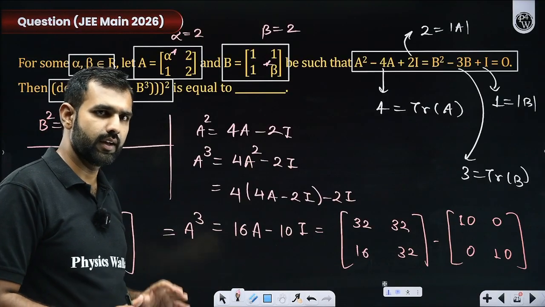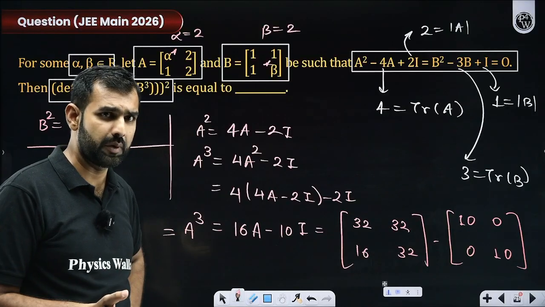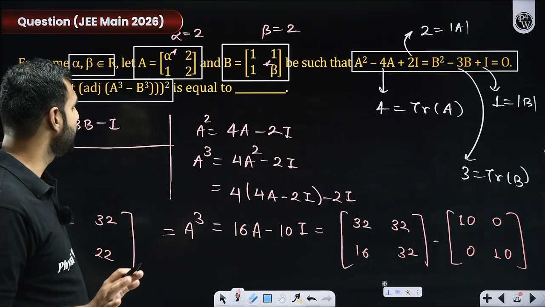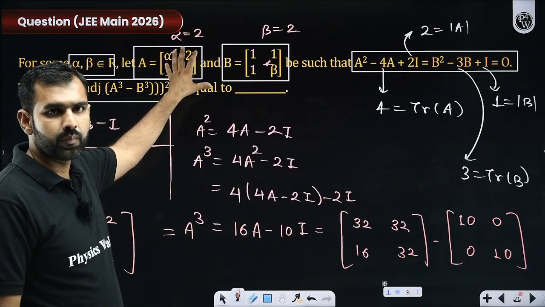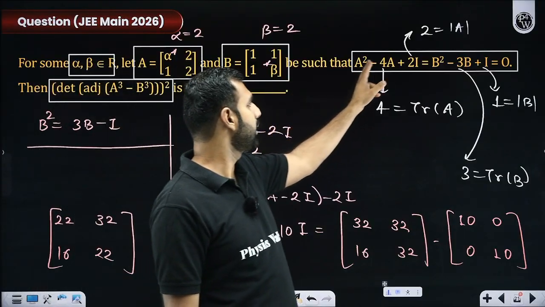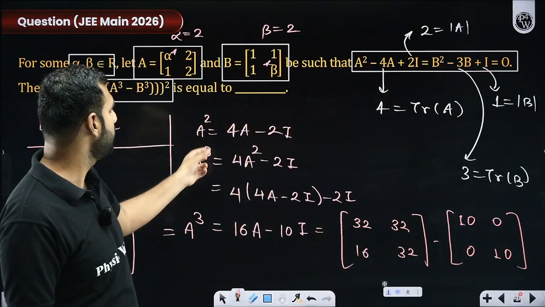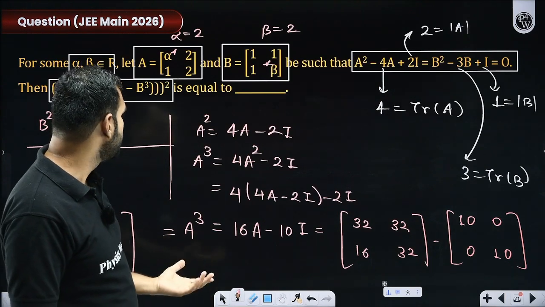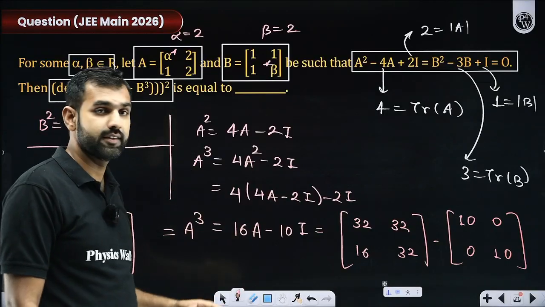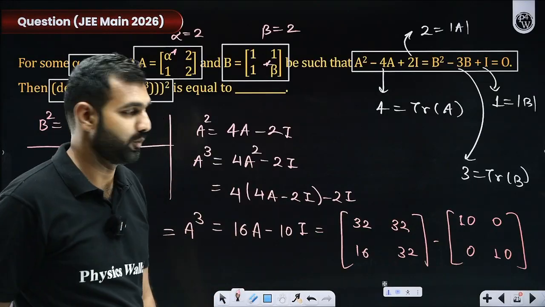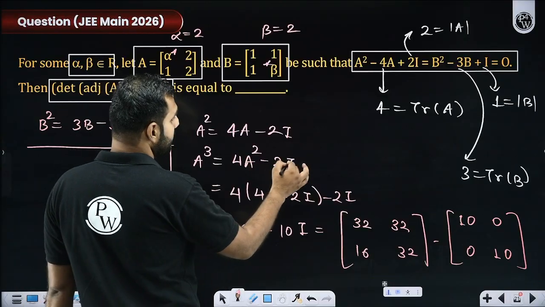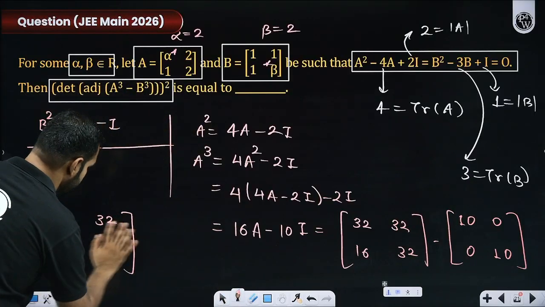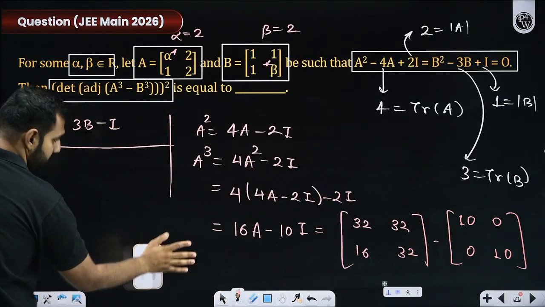Everybody getting this? Or is there any confusion? Shall I re-explain that? I'll re-explain this if there is any confusion. I'll say this is a, and what are we told? A square minus 4a plus 2i is 0. So a square will be 4a minus 2i. So a cube will be, oh yes. Thank you so much. I missed one thing. It is 2a. I am really sorry. I made a terrible mistake. Thank you so much, Harini, for being so vigilant and observant.